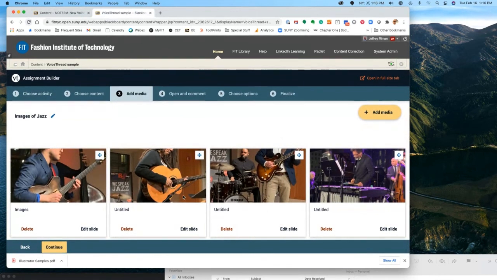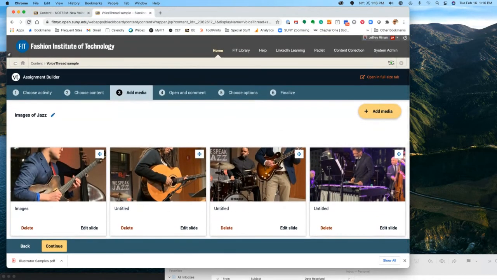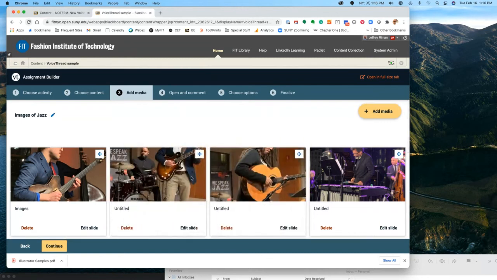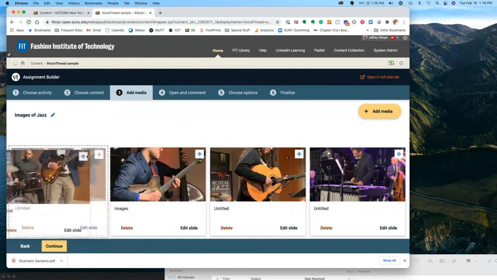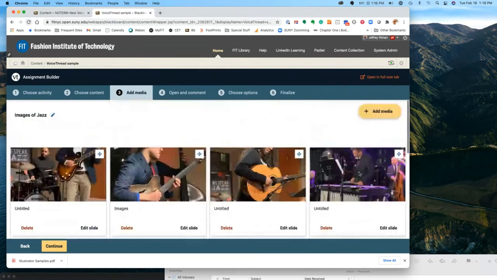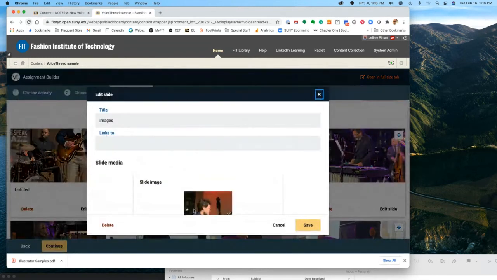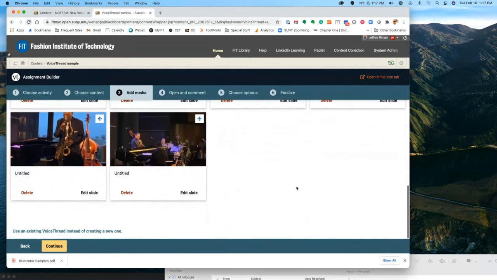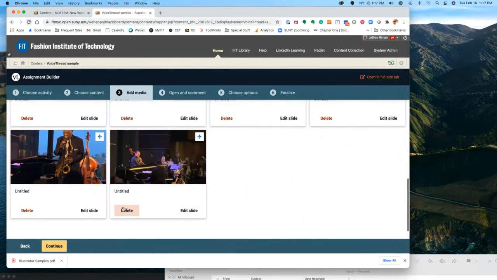So now you'll see all the images I put up here. Now, don't worry so much about the cropping because the cropping is always shown truncated here, but you can change the order if you want. So if you see that you made a mistake and you want something to go first, second, or third, this is true, but the way it looks now is much, much nicer. Also, we didn't used to see edit slide like we do here, where I could actually go into each slide and add a title or change a title for that matter. Or if I see one I don't want, I can just delete it.